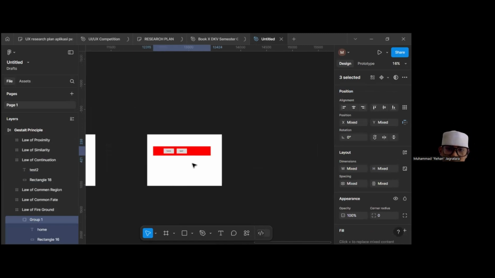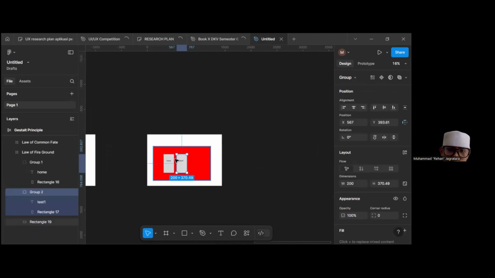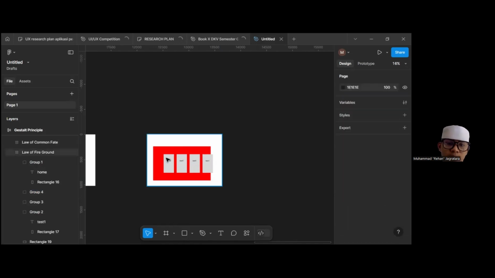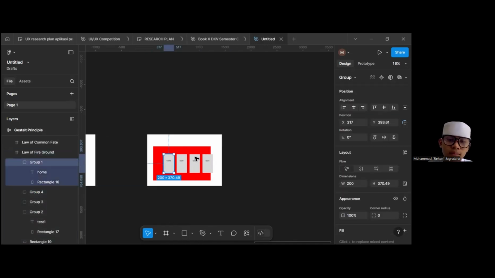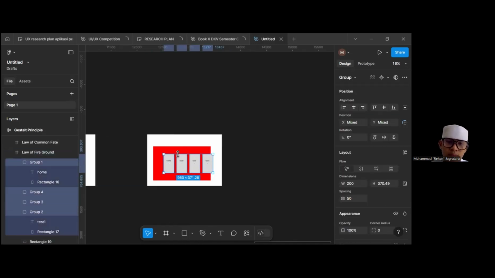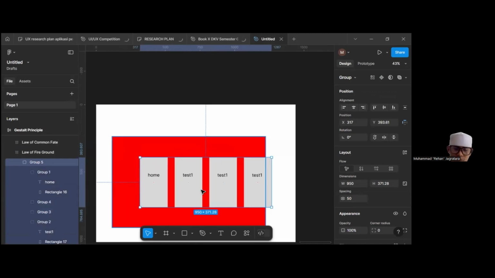If we have this, our brain will recognize the direction, as with continuation.